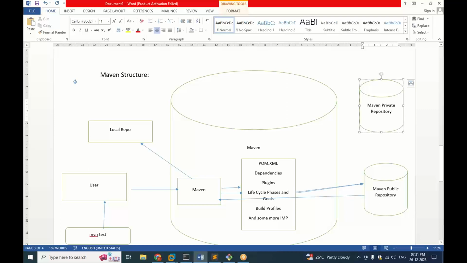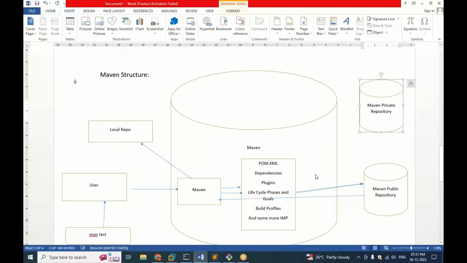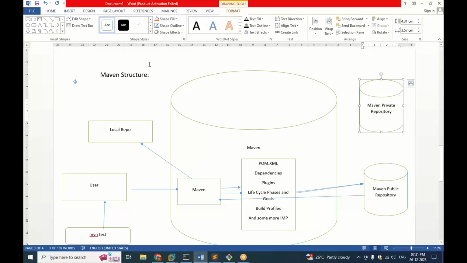That's called a remote private server. If the client maintains developers for developing plugins for Maven executions, we can develop our own plugins and place them into